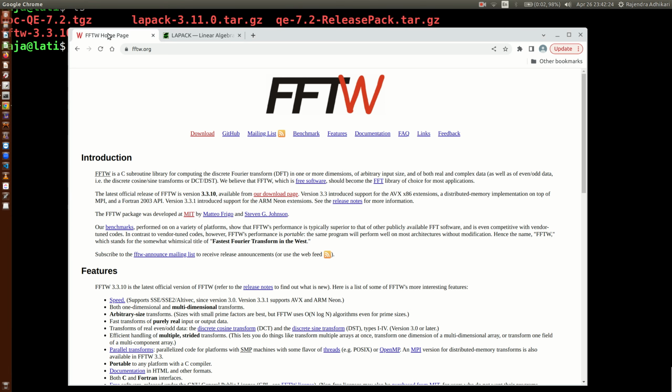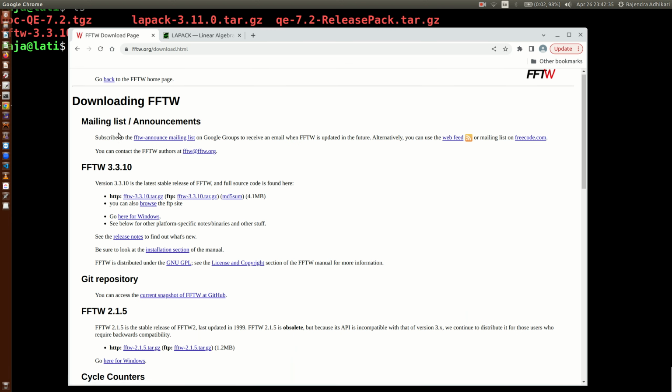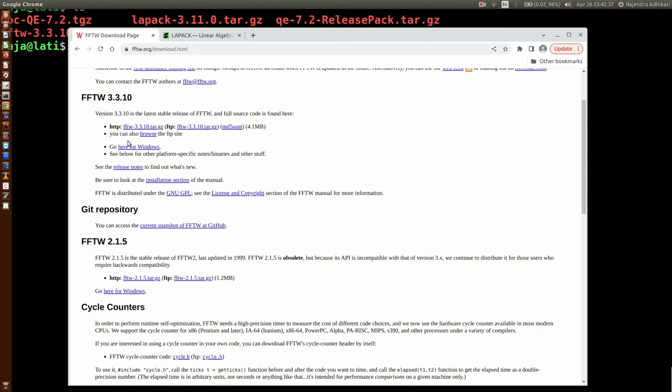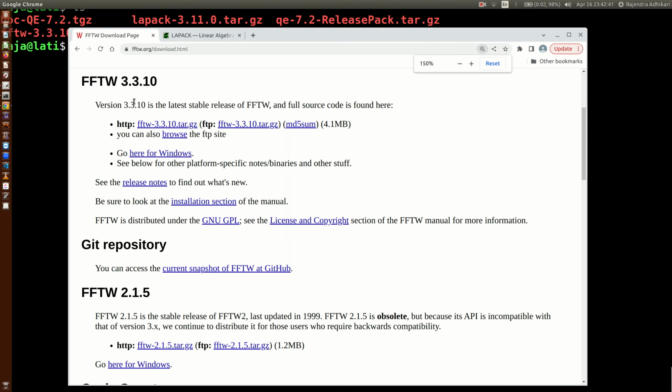First, fast Fourier transform, which means fast Fourier transform in the West. So go to the download button here, and you can typically download from the HTTP link, which is this here. At the same time, you can also work on the